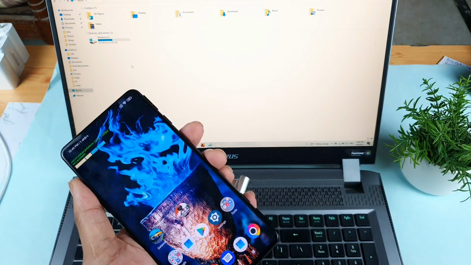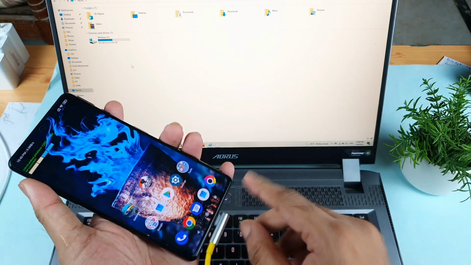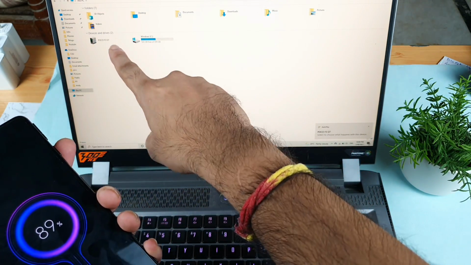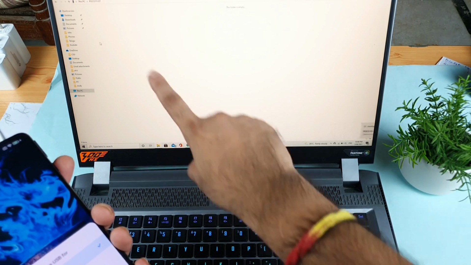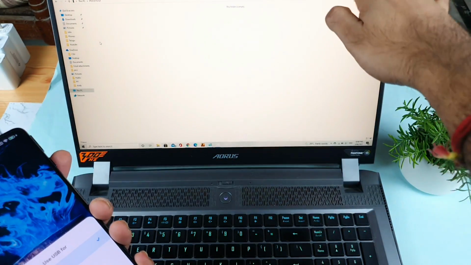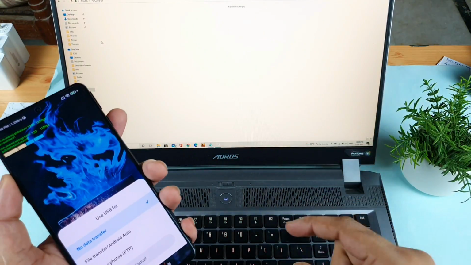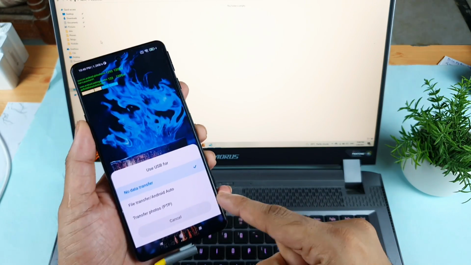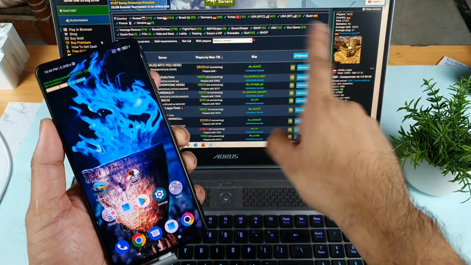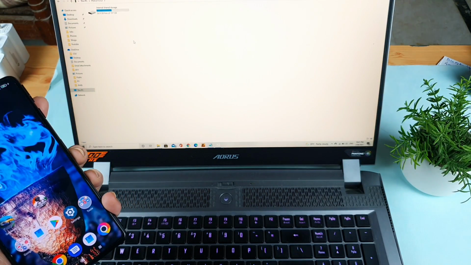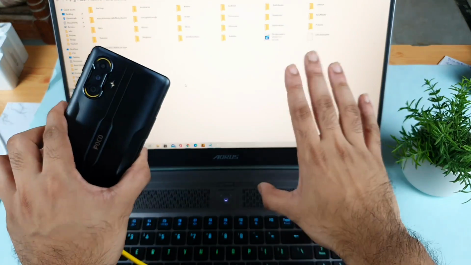Right now it's completely disconnected, as you can see. Once you connect the cable, the first thing you should do is not click here. Don't click on this laptop, because if you click on the laptop, what happens? You'll get an empty folder. It won't open anything. As you can see, friends, the folder is completely empty. Instead of that, click on the phone and select the option called file transfer. Once you click file transfer, you'll be able to access the files. In this way you'll be able to access the files, as you can see, friends. Right now it's working from the POCO F3 GT without any kind of issues.